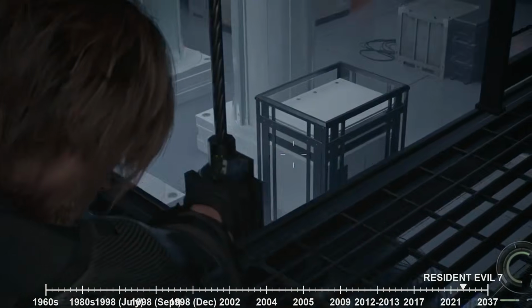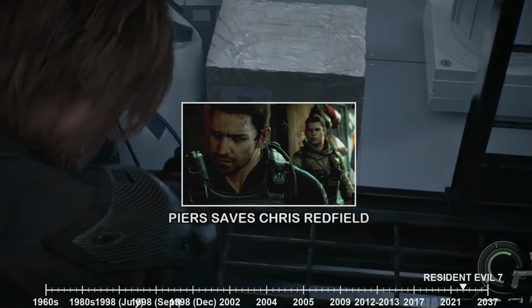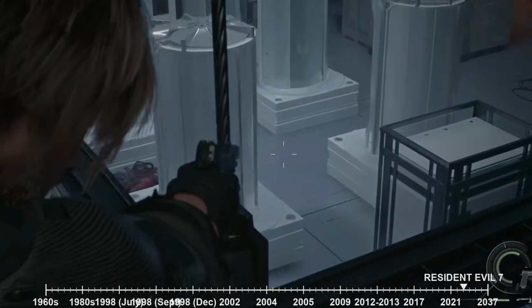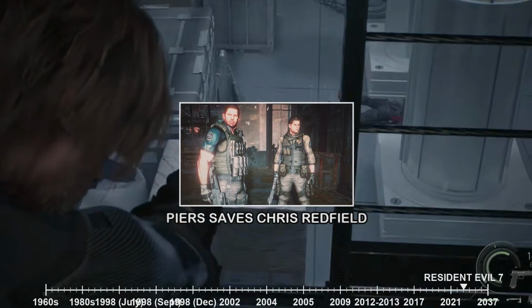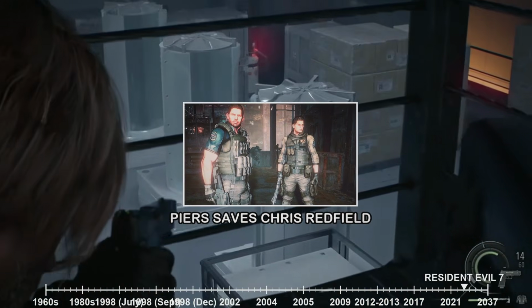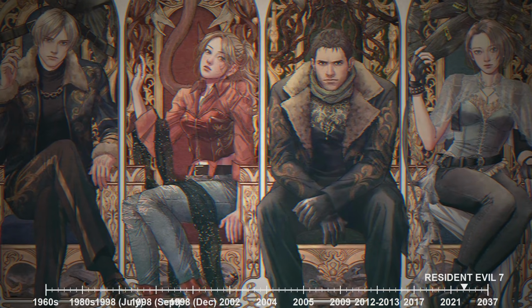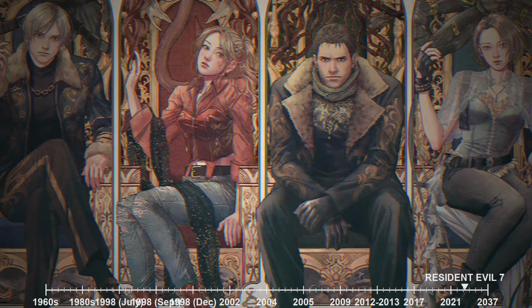However, the transformation is irreversible, and Piers, knowing he cannot be saved and unwilling to become a monster, uses his remaining moments to save Chris Redfield, pushing him into an escape pod before succumbing to the virus's effects and perishing in the collapsing facility. His sacrifice, a poignant moment of heroism, ensures Chris's survival and the ultimate defeat of the Haos, but at an